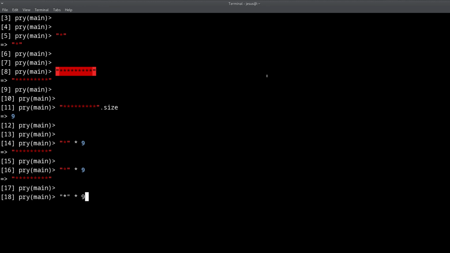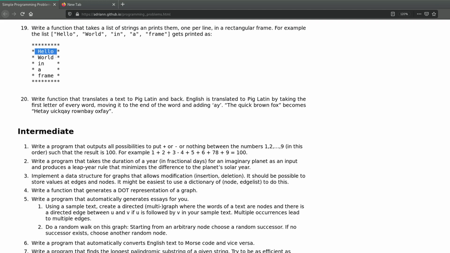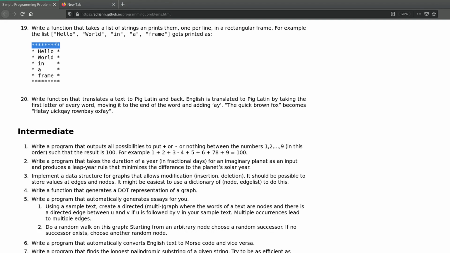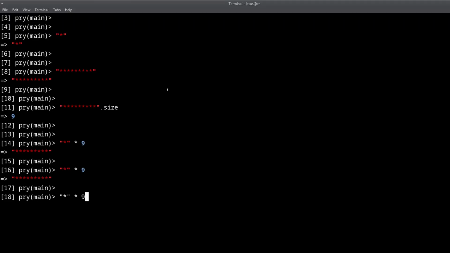Another advantage is twofold. One is that we know exactly how many of these asterisks are there. So that can be helpful to know for various reasons. We might need to know this for inner formatting of this text, right? To know how wide the box is. Another reason this is helpful